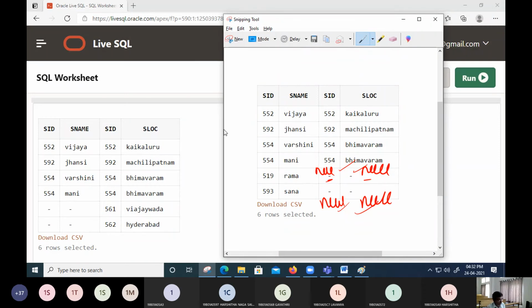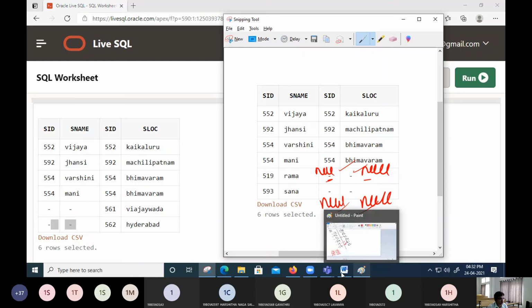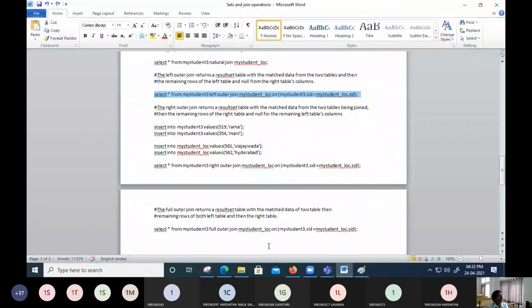Null value here, null value, another null value and null value. So you can see the change. These two elements and these two elements: one is occurring on one side and the null values are occurring on another side. One does it on the left hand side, another does it on the right hand side. So let us see what happens if we are going to work with a full outer join.